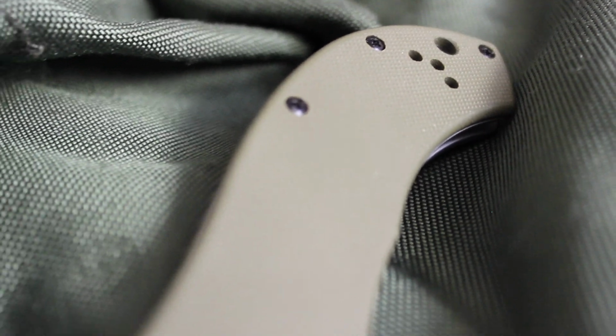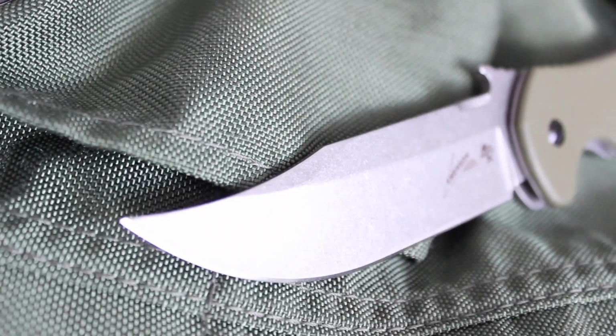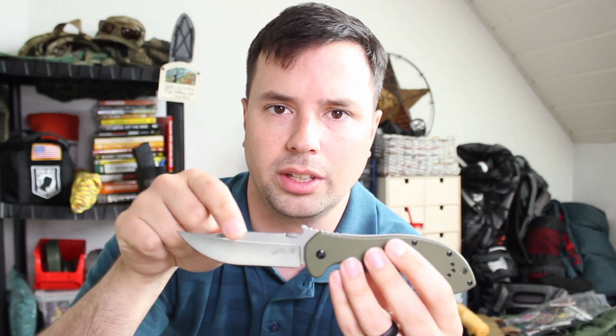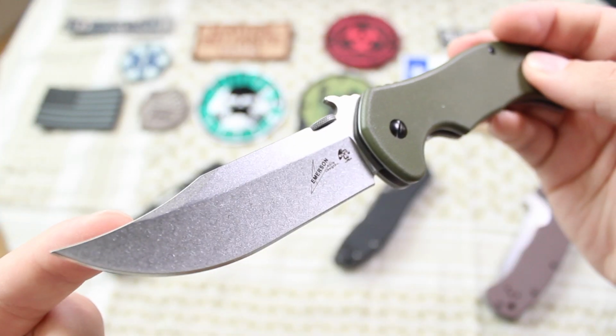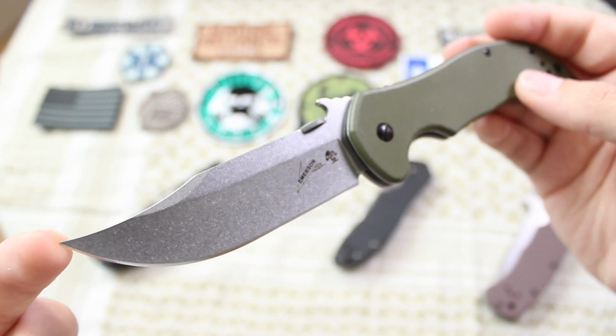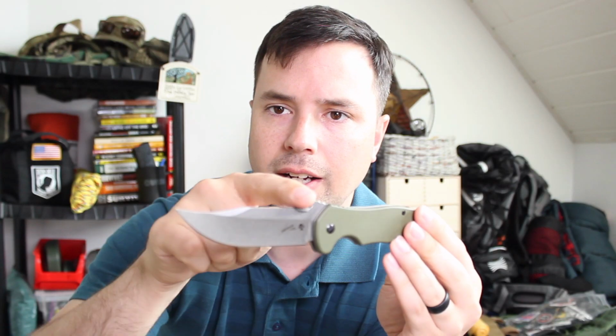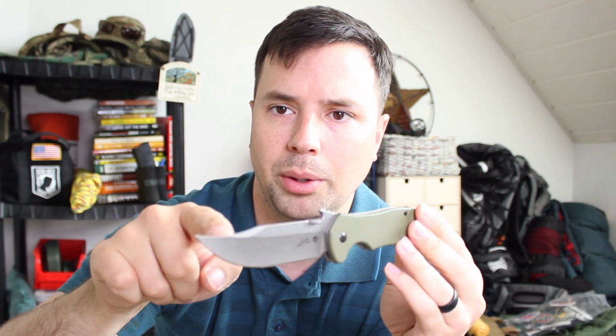Moving on to one of the other knives, we have the CQC-10K, and this knife, as well as the next knife I'm going to show you, are brand new to the market. Same materials, that same G10 handle scale, and 8Cr14MoV blade. The blade length is 3.5 inches or 9 centimeters long, and like I said, very similar design. Everything else that I mentioned is the same, except for the profile on this blade is a Bowie knife, whereas the CQC-6K is a clip point design,